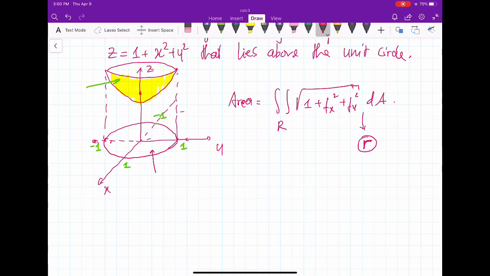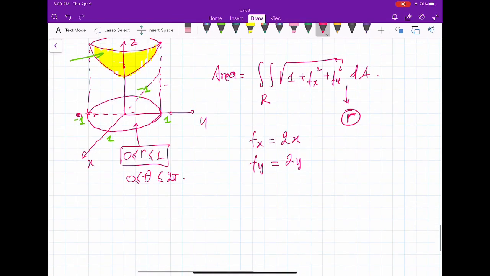But let's describe the unit circle using polar coordinates. That is r greater than or equal to 0 and less than or equal to 1. Actually, that is enough. And we know that theta will go from 0 to 2 pi. So I rewrite this, but first I need to find partial derivatives. Agree? Let's find partial derivatives. f with respect to x is 2x. f with respect to y is 2y. And so the area will be,